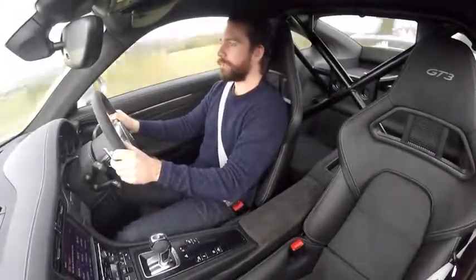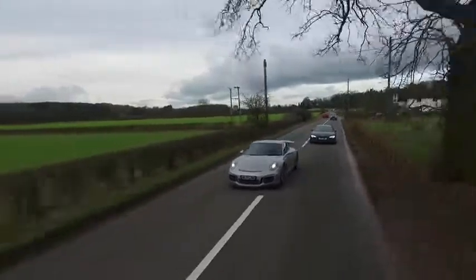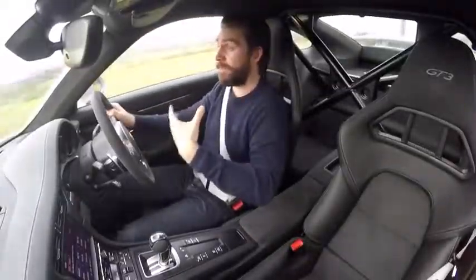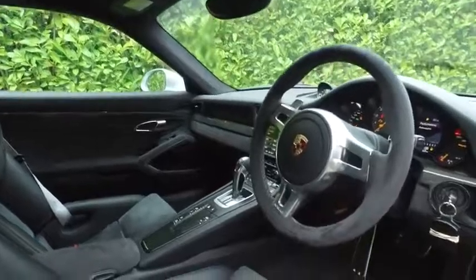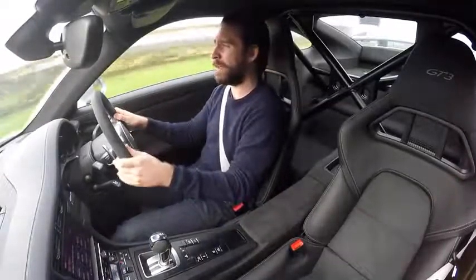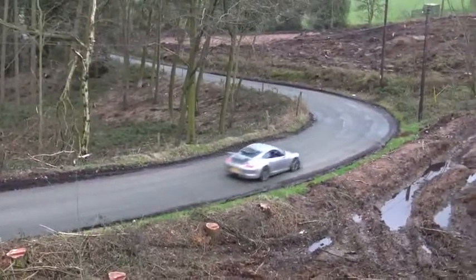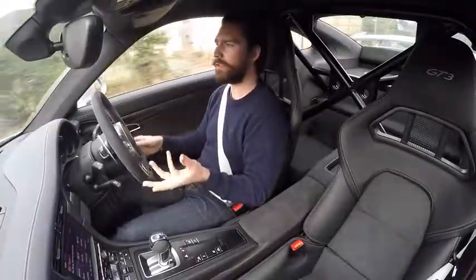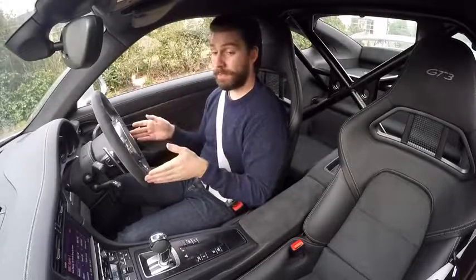Yes, so transitioning from that, the handling, well, we all know Porsche have a special niche within the handling department, as it were. And this, for me, is my first proper Porsche. When I say proper, I mean something from their GT lineup. And you read about the steering feel, and I don't mean to sound sort of generic and like a stereotypical journalist, but for want of a better word, the feel in this car makes the R8 steering feedback and feel, I can only describe it as hollow. It doesn't quite give you that degree of feedback that this is giving you,